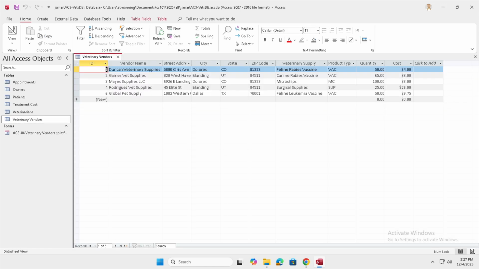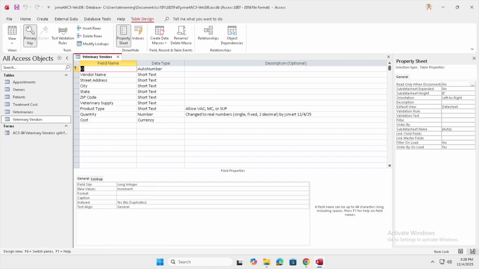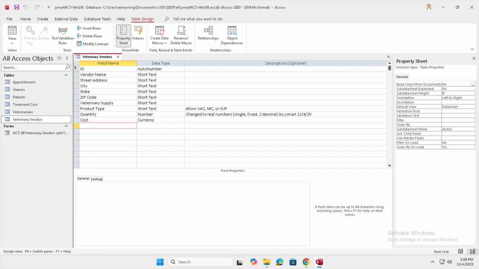And we see right now it is calculating quantity and cost. We did have that query that would calculate cost for us. Let's have the data be calculated at the point whenever we change a record in this database. We'll have a field called total cost. Let's do that. Let's go to Design View, Veterinary Vendors, and add another field at the very end called total